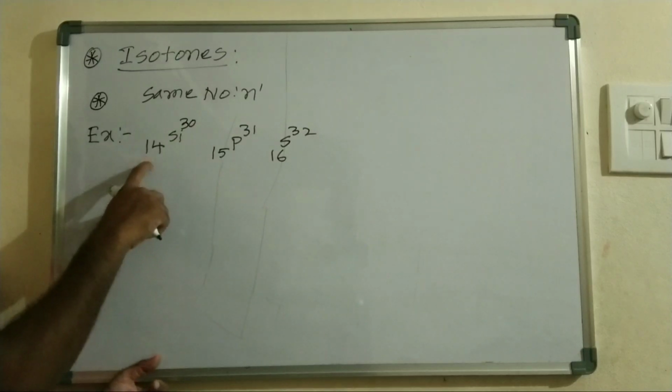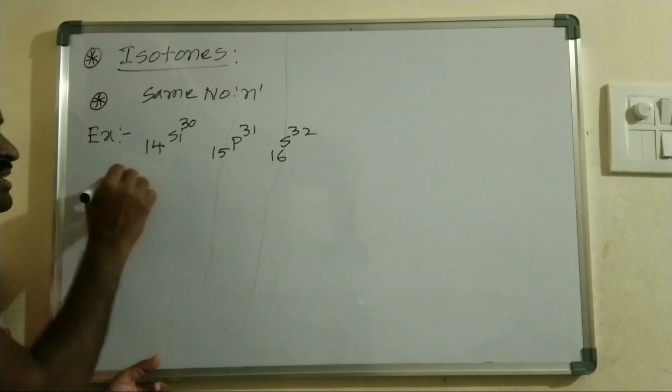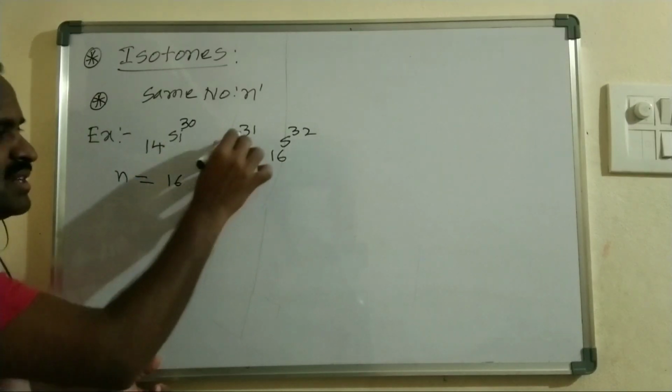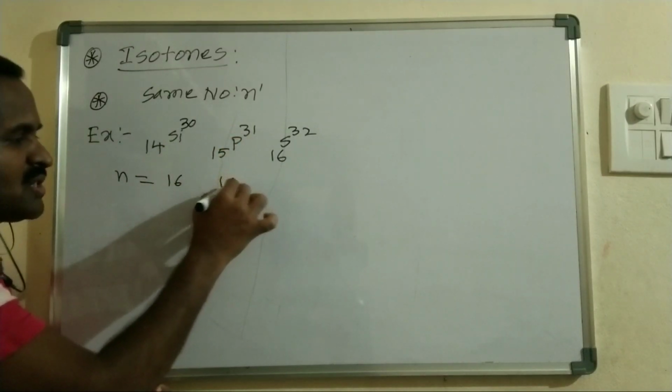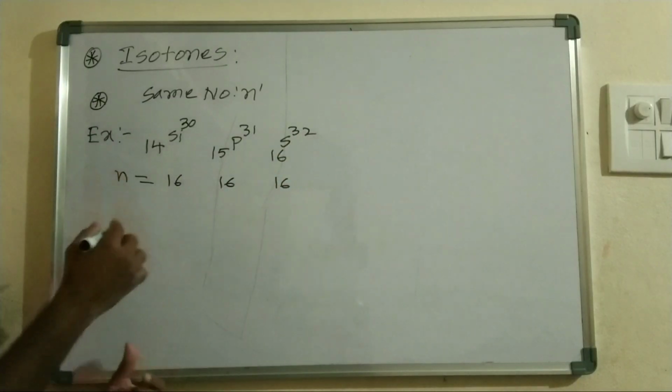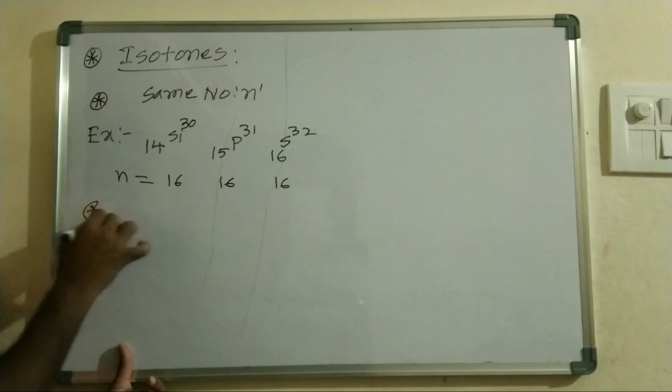Taking 14 silicon 30, the number of neutrons is 16. For 15 phosphorus 31, 31 minus 15, here also there are 16 neutrons. Here also 16 neutrons are there, right? So these are the isotones. And the next one is